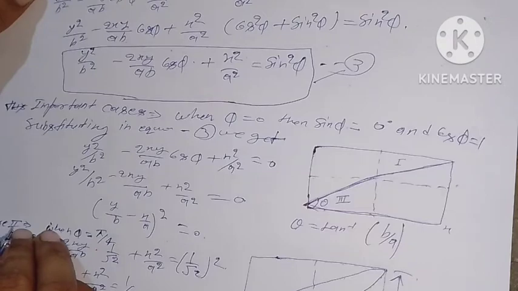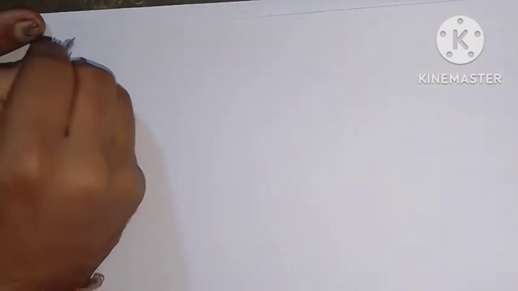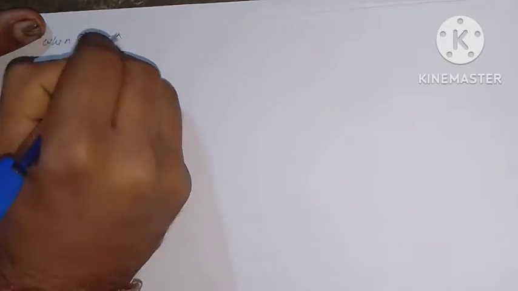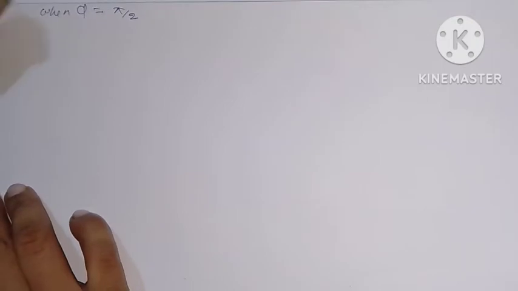Next, case third. When phi equals pi by 2, substituting in equation number third, we get